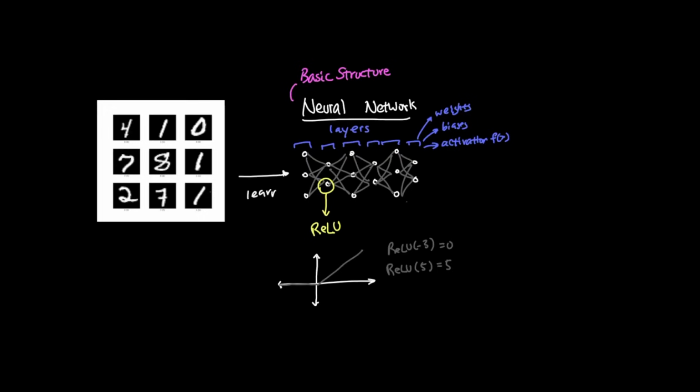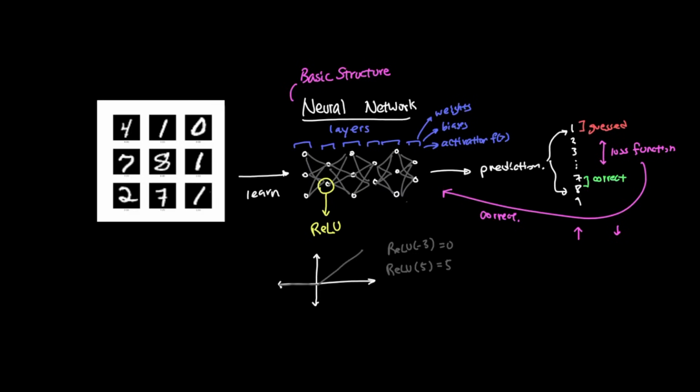But during training, the model also needs to learn from its mistakes. But how do we do that? Imagine the correct label is 7, but the model predicts 1. Remember the loss function? We can use it to measure how bad that prediction was. If the model gives high probability to the correct answer, the loss is low. If it gives low probability to the correct answer, the loss is high.